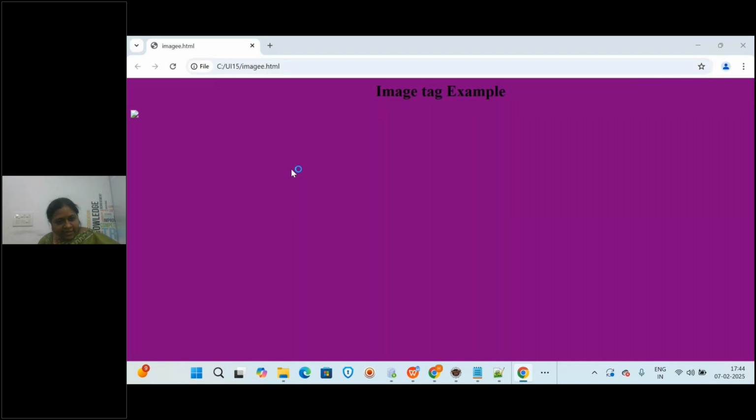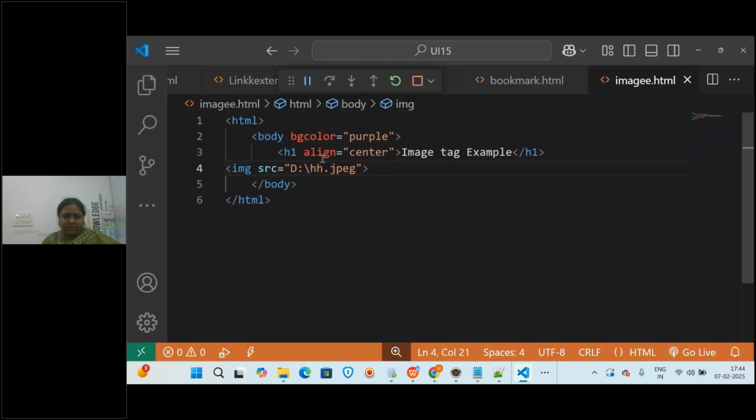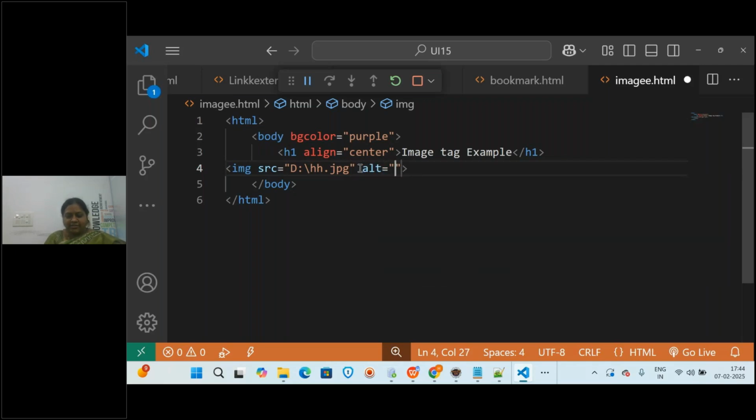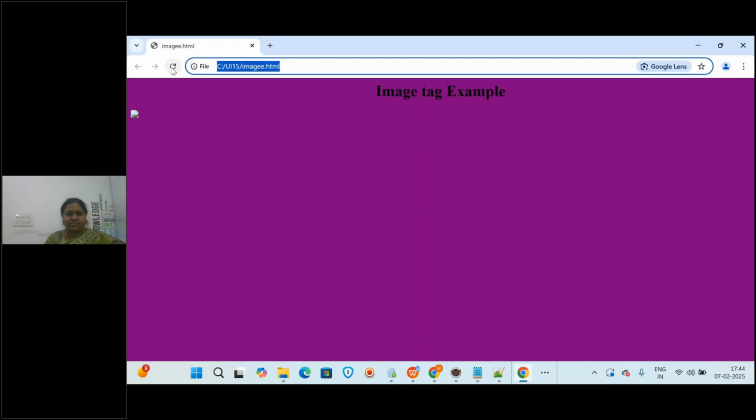Okay, it is not getting displayed. Maybe the image is very big, or the image is displayed but it is not able to fit the size, I think so. I will write the alternative text. Alt is like Harsha trainings. I'm writing the text, save this and then refresh.